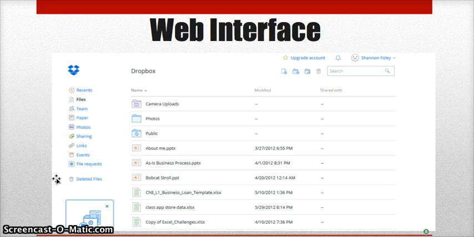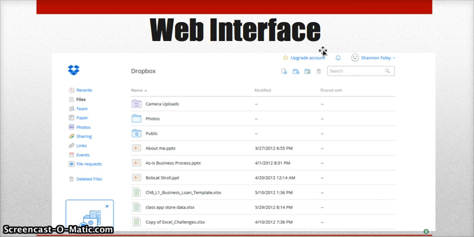As you see in my interface, all my documents, PowerPoints, and Excel sheets, they're from 2012. That's the first time I ever experienced using Dropbox. But it was a very positive experience. You know, we were working in different projects in class, and we weren't able to finish them in time. So what we did, we just uploaded it to Dropbox, and then once we got back to our dorm, we were able to access everything that we had previously done in class, which is just a very good tool to use in education. And then you can just see up here where you can